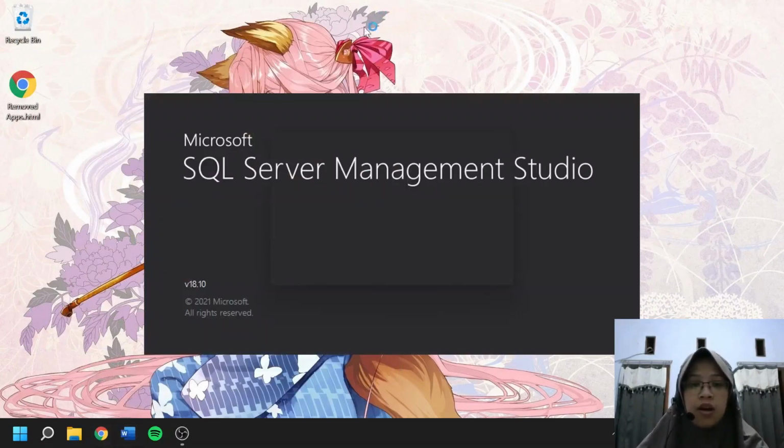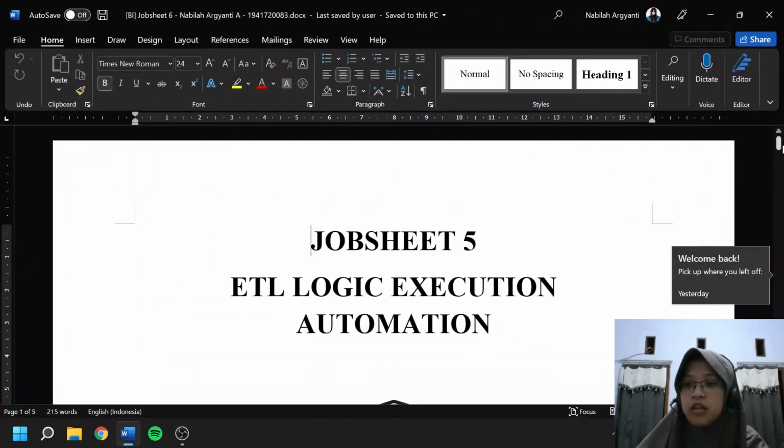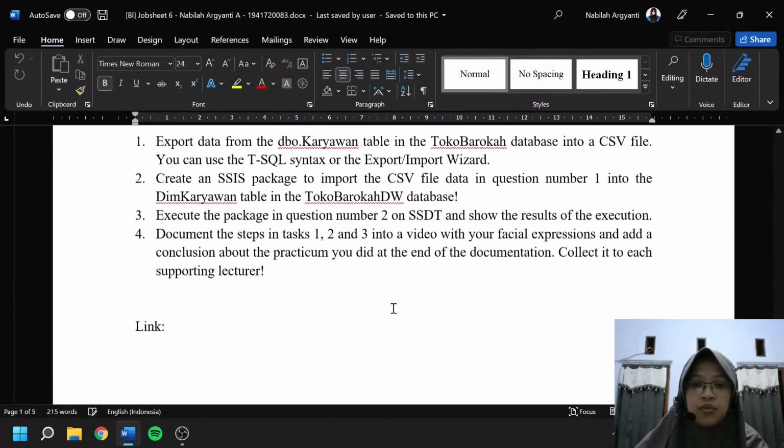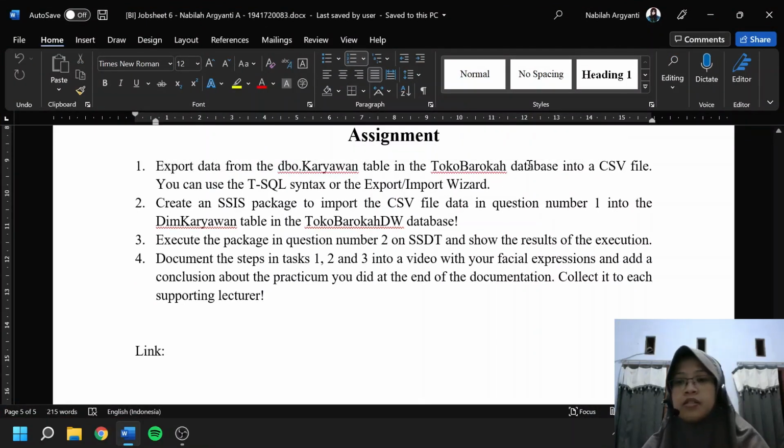While opening SSMS, I will open the job sheet first. We have to export data from the dbo.karyawan table in the Toko Paroka database into a CSV file.